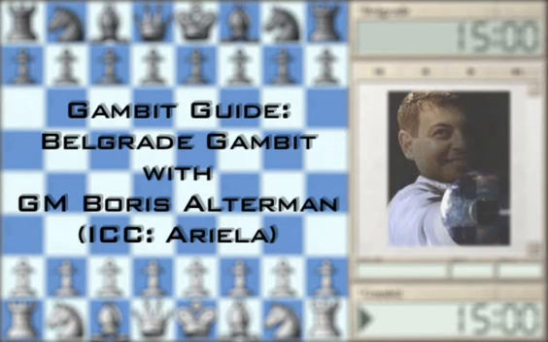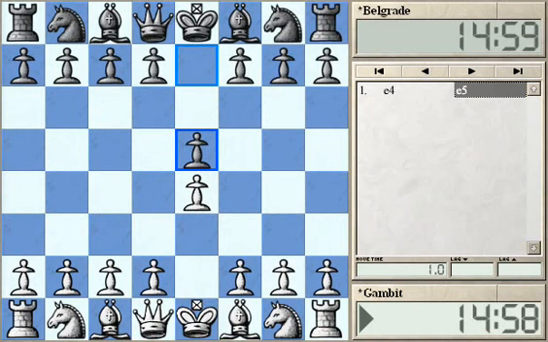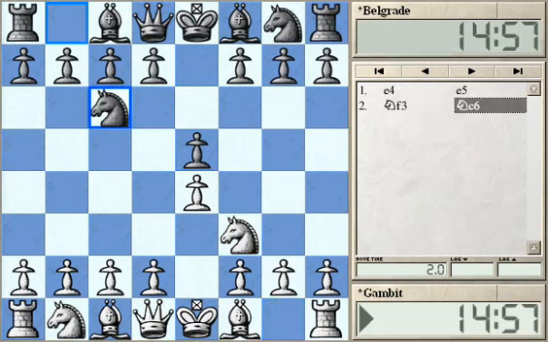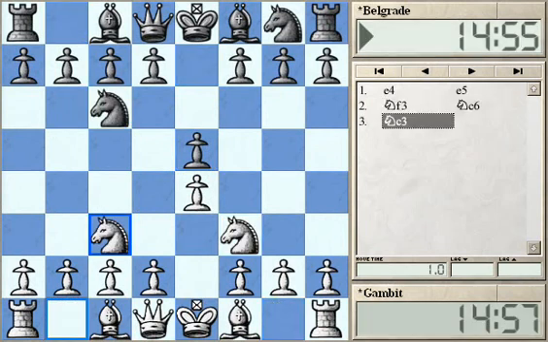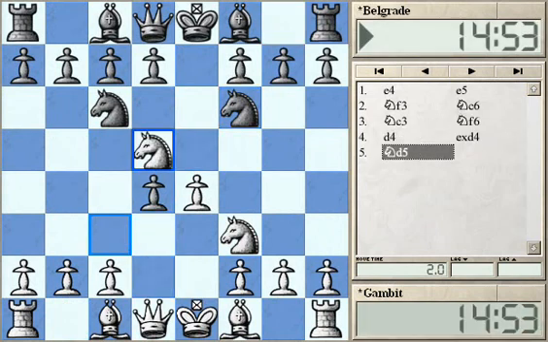So, second part of Belgrade Gambit, we start with e4, e5, knight f3, knight c6, knight c3, knight f6, and after d4, e takes d4, knight d5. So in the previous lecture, we were considering the different options for Black to stop White's aggressive opportunity with h6 or g6. However, an important line, of course, is knight takes e4,